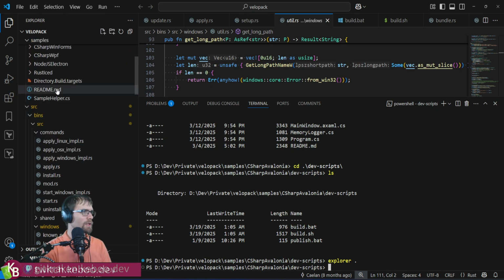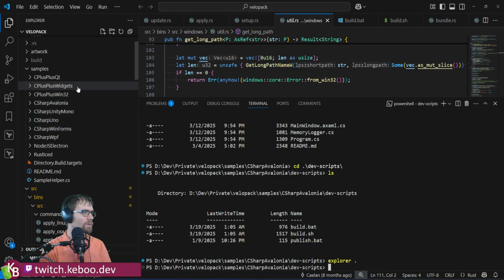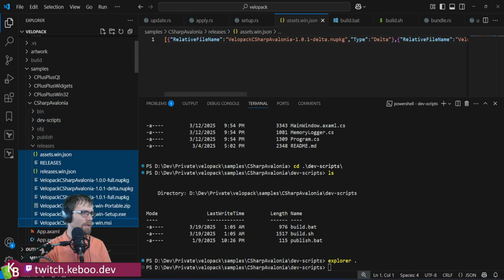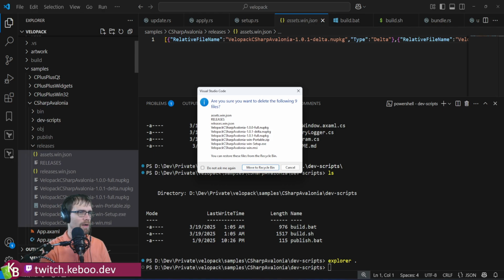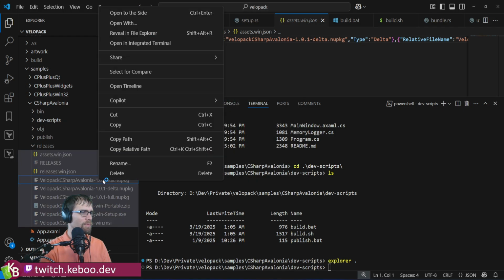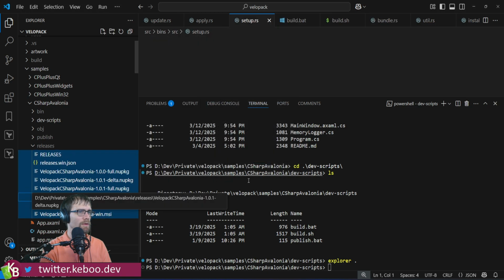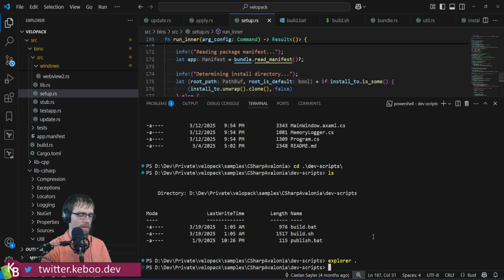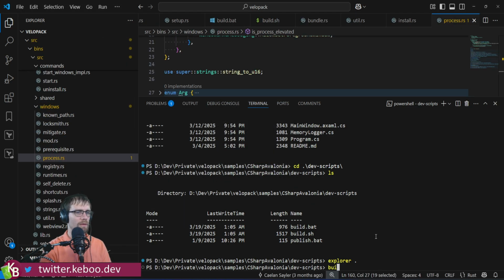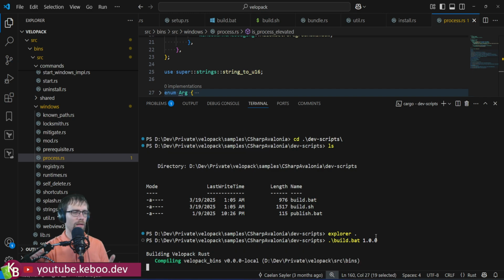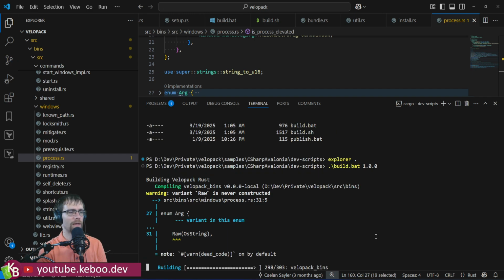We are going to actually clear out our releases completely, and we're going to start over. Actually, delete permanently. Permanently, please. Yeah, thanks. Let's see. Build. Build.bat 1.0.0. Okay, so the nice part here is this will recompile, like the build scripts inside of the Velopack